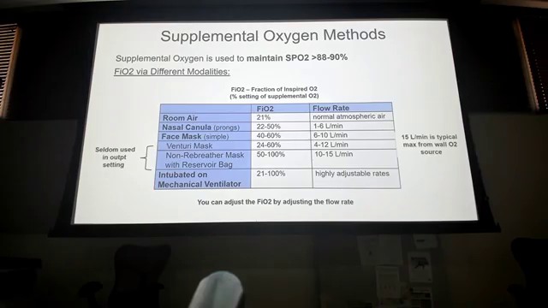So we talk about devices. I don't necessarily need you to know the flow rates or FiO2. I want you to understand the escalation of care, right? Just like anything else, if I see an enemy sitting over there on a hilltop, do I call in a nuclear bomb right away? No, I work my way up and see what's going to work. So I shoot at them. If that doesn't work, then maybe a direct fire with a mortar or something like that. Then I start moving up, right?